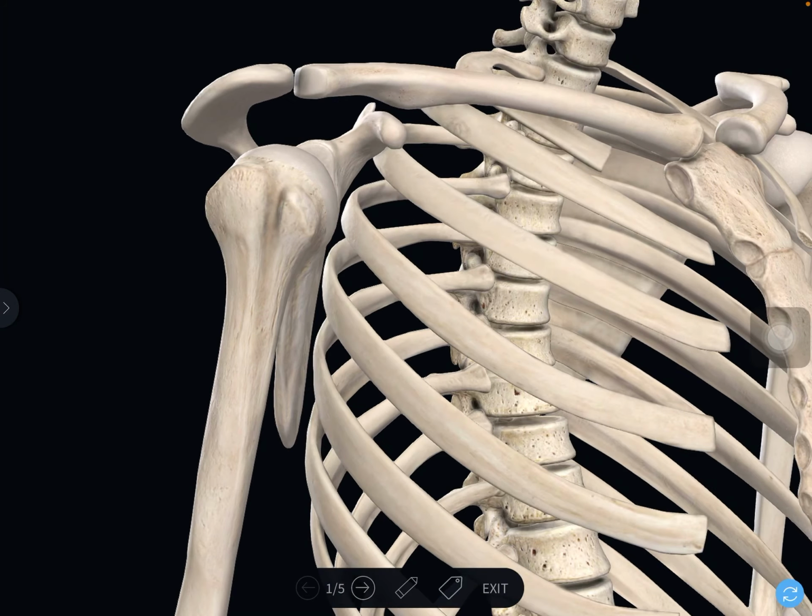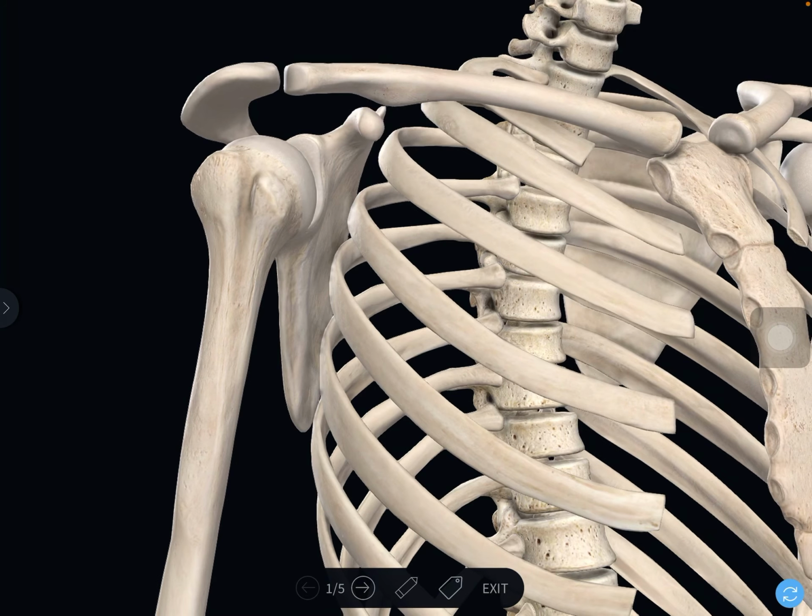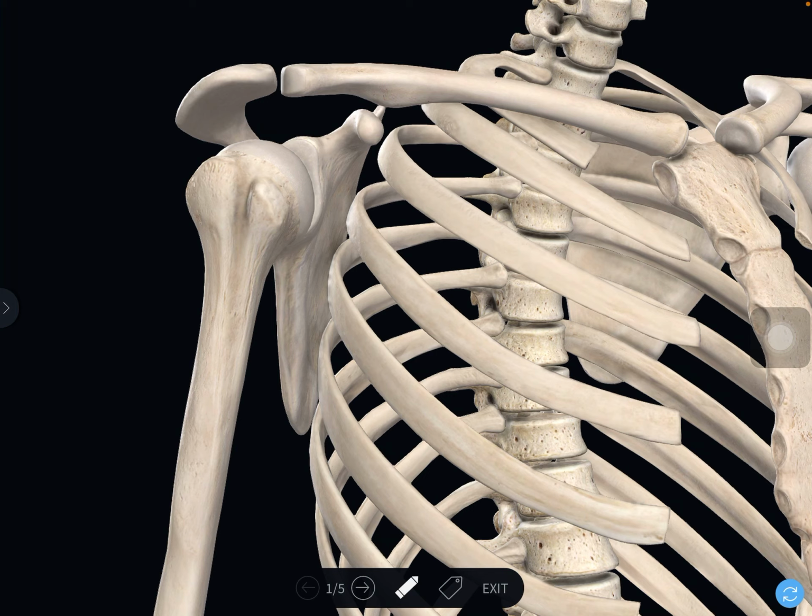So now we will see that the muscles which are attached to the scapula will form the posterior wall. So here is the muscle which arises, that is the subscapularis muscle, and also one muscle which is coming in the posterior part from the iliac crest and takes a slip from the scapula and is inserted into the upper limb, that is the latissimus dorsi, and also one more muscle, teres major.